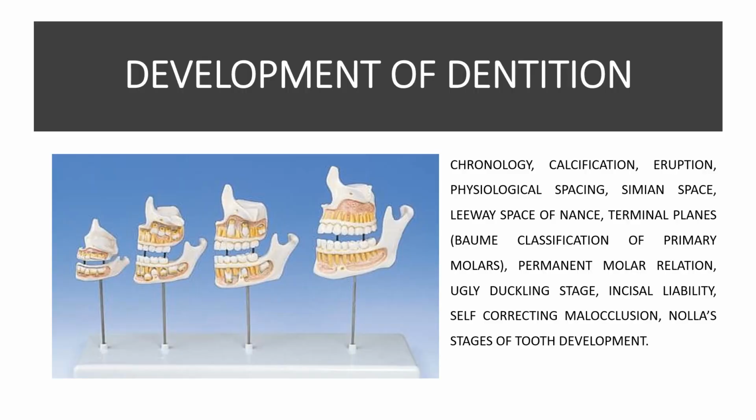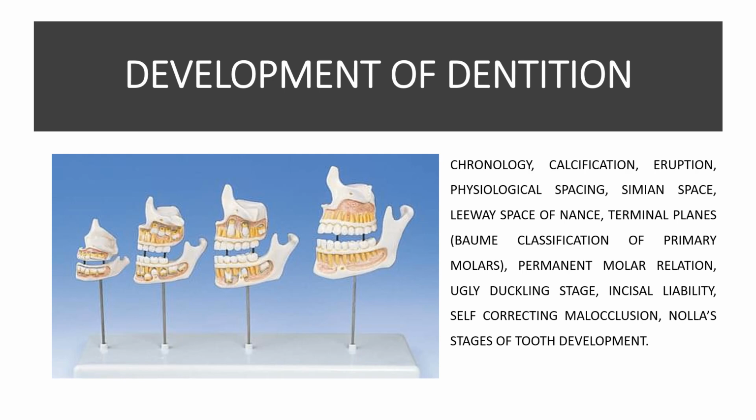Next, lastly, the last topic, development of dentition. Again, from tooth morphology, we would have studied the chronology, calcification, eruption stage. Apart from that, you have to know about the spacing, what is physiological spacing, what is the simian space, what is the leeway space of Nance, what are the terminal planes, that is the classification of the primary molar and the molar relation for permanent molar,